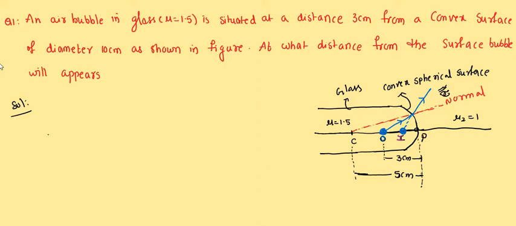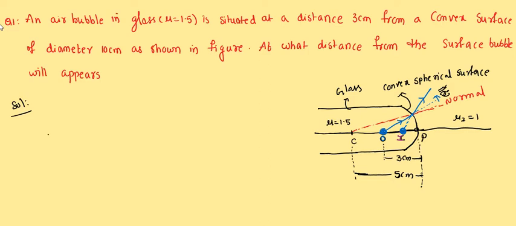Look here, it is bending like this. This is the actual path of the incident light ray, but it is moving from denser medium to rarer medium. That's why it will bend away from the normal. Now this is the refracted light ray, and when the refracted light ray is extended back, it meets at one point on the principal axis, that is I.